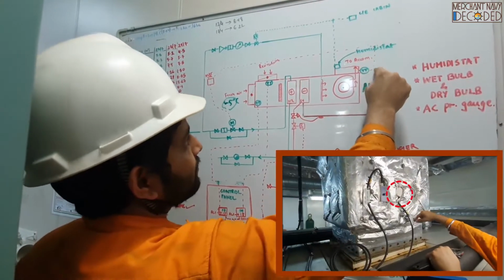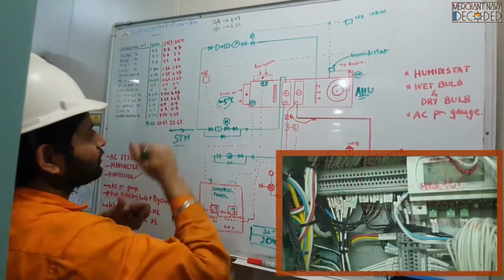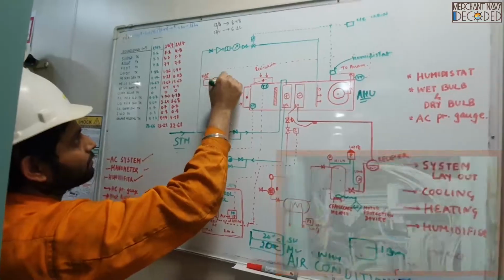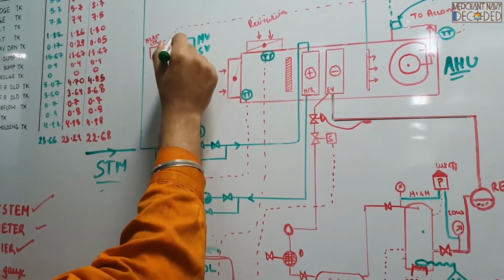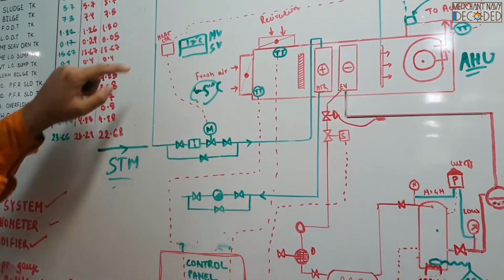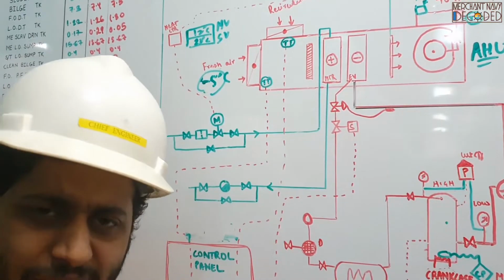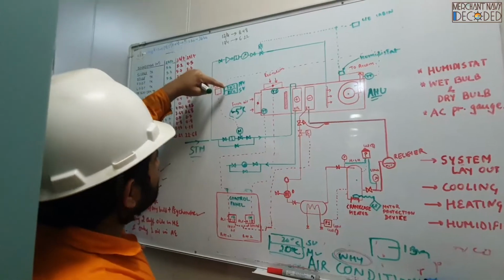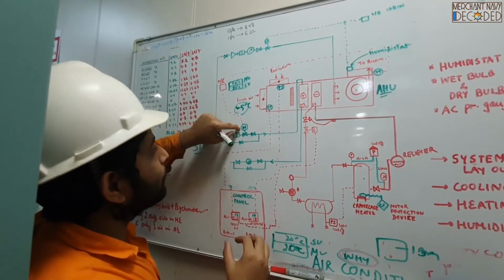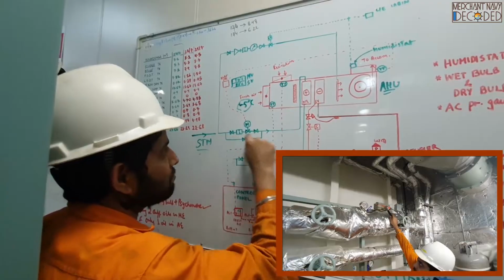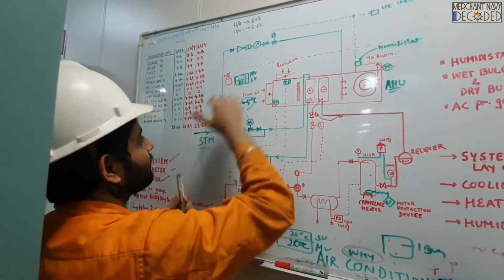This temperature sensor over here, at the outlet, senses 12 degrees centigrade. Now this heater controller has a measured value and a set value. The measured value is say 12 degrees centigrade, and I have given the signal, okay, make the temperature 20 degrees. Don't make it 12 degrees, I want 20 degrees. So it says, right now I need more steam. So it gives a signal to this valve over here: open more. This valve opens more, more steam goes in. When more steam comes in, the temperature increases to 14 degrees centigrade.